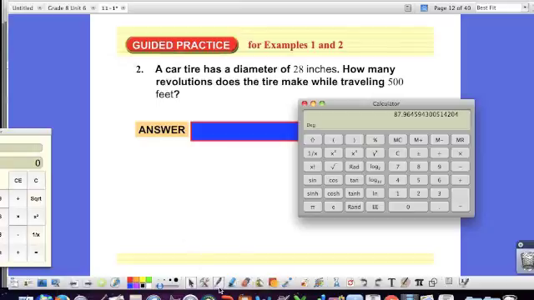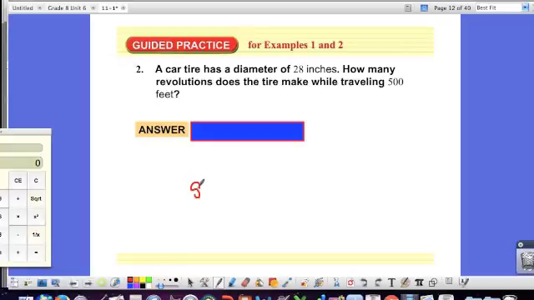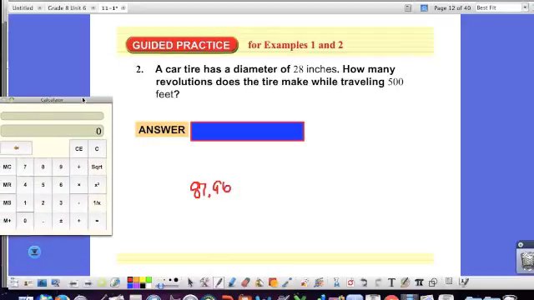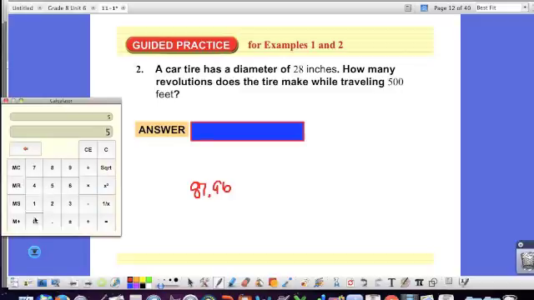So let me write that down here. I have two calculators going here, one with a pi button, one without. So if it goes a total of 500 feet, that means divided by 87.96, the tire is going to rotate a little bit less than 6 times in order to go that entire